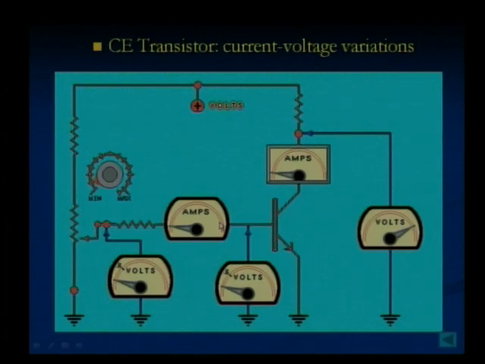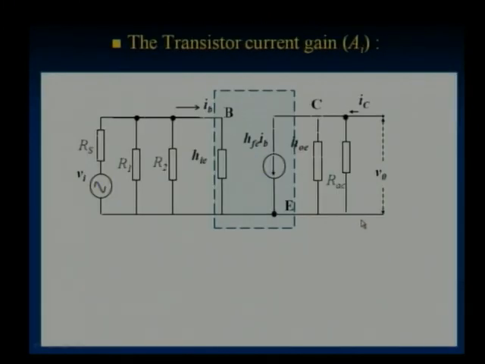Now if you look at this animation, you can see that as the input voltage increases, the output voltage will have the opposite phase, that is, it decreases. You can see carefully the motion of the input voltage and the corresponding motion of the output voltage. So that is how that minus sign appears.